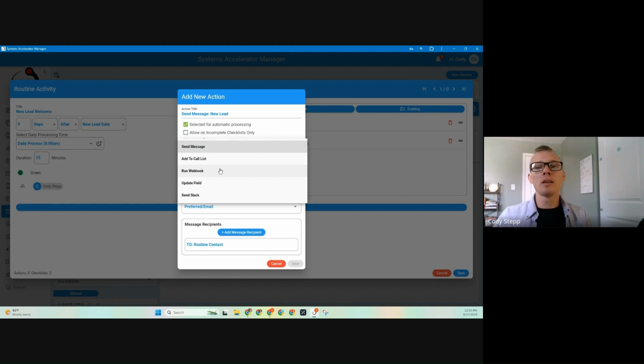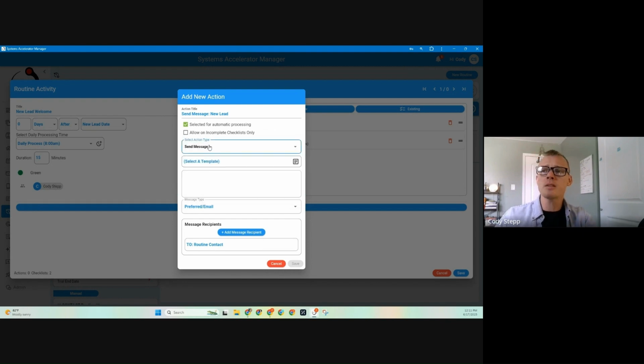Running a webhook would allow us to reach outside of SAM to another website or another software. We could update one of the fields inside of that contact using this. This is a really great way to refresh our routines or even start another routine. So you can have routines that trigger other routines, which is really cool. And then we could also do things like send Slack messages using our Slack integration, which we can dive into a little bit later. But for now, we're just going to send a message,